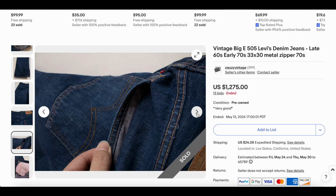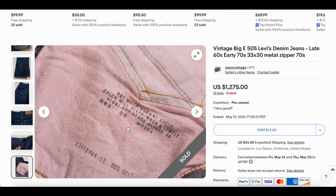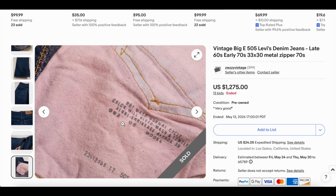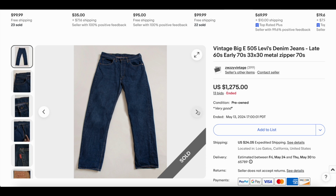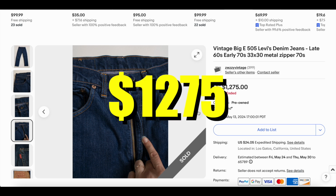The 505 is definitely a hard one to come by. Let's take a look. We can actually see a date here. Looks like 1972, so a later Big E for certain. So, beautiful pair. This one sold after 13 bids and